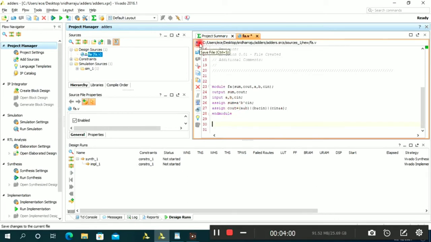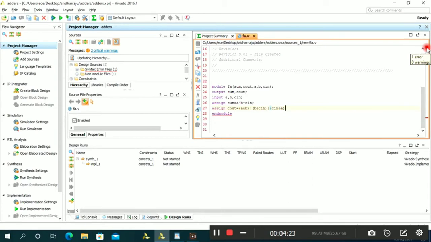Then logic, then end module. Then you just click here to save. In case of any errors, it will show here. Otherwise, the green color will come: zero warnings, zero errors. I will show you. I am removing one semicolon here, then I am going to save. Now you can see the red color and one error, and where the error is, it will show here.